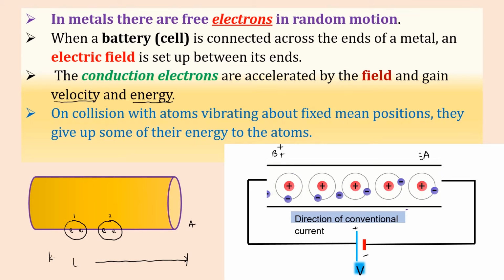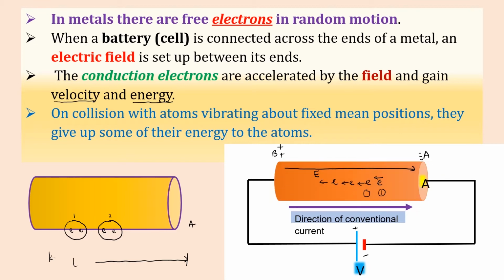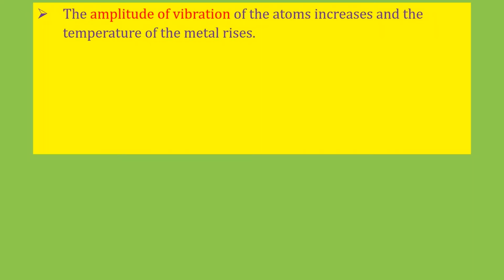Remember also, those neighboring atoms have electrons. The amplitude of vibrations of the atoms increases, and the temperature of the metal is also expected to rise because of the friction in between the atoms as they